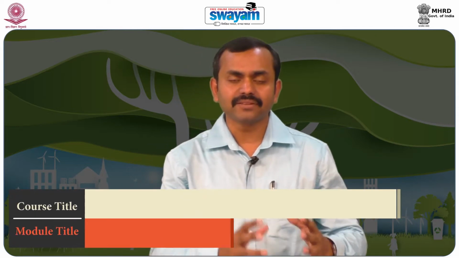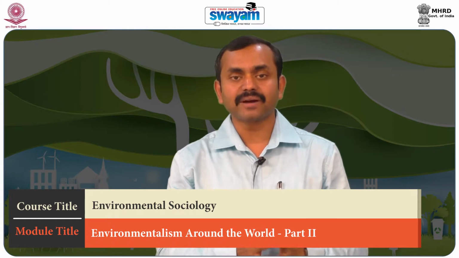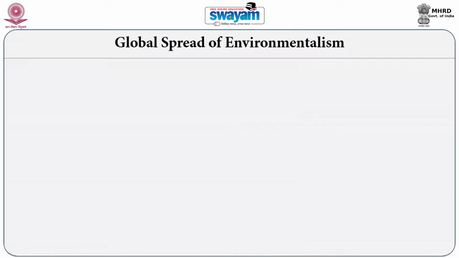Having discussed the meaning of environmentalism and its historical emergence, in the second part of this class, let's discuss the global spread of environmentalism. The second wave of environmentalism is essentially about the transformation of the intellectual response to the industrial revolution into a mass movement. In the second wave, we realize that environmentalism has transformed into a mass popular public movement for protection of